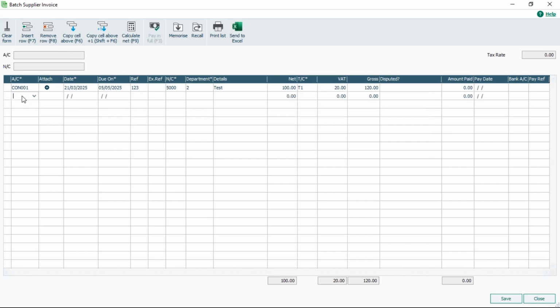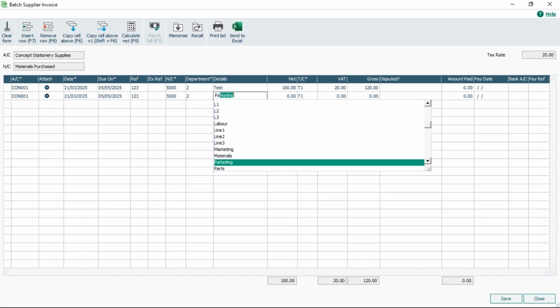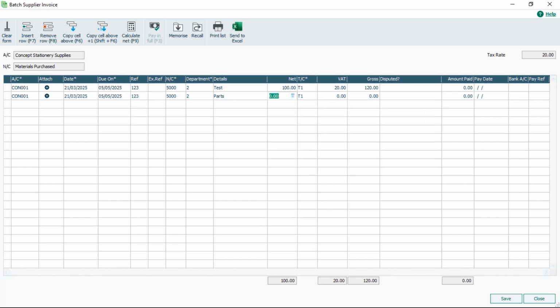Now, if we come down to the second line and we use the same details, I'm just going to press F6 to copy it down. So essentially those first three main bits of information that you would enter, the account, the date, and the reference, they are the same. And I'll put parts on that one, and we'll just say £200 for that. So when I save that,